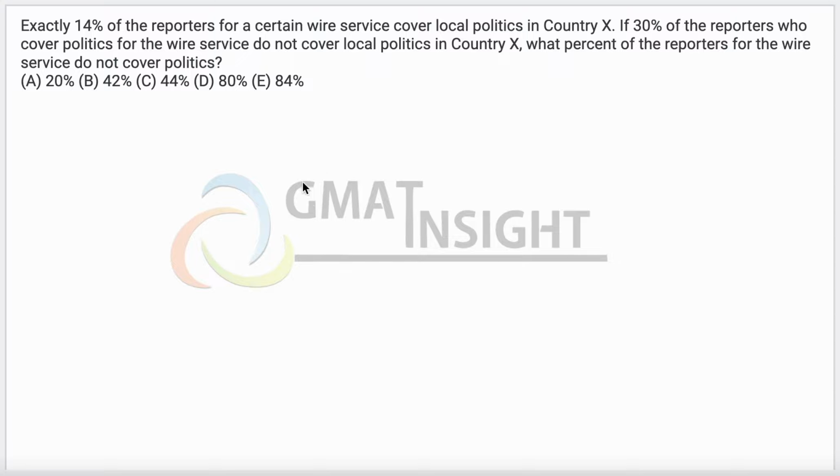Here we are going to discuss a question from the overlapping sets. Let's read the question here. Exactly 14% of the reporters for the certain wireless service cover local politics in country X, which also means that if some people are covering local politics, some people are not covering local politics. If 30% of the reporters who cover politics for the wire service do not cover local politics, which means there